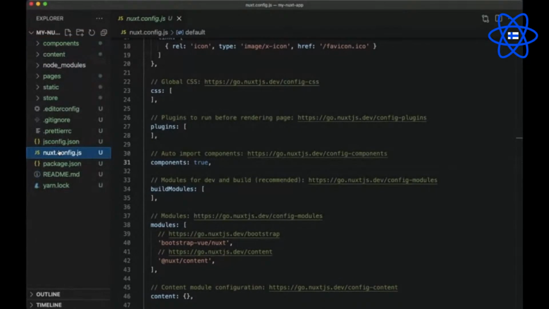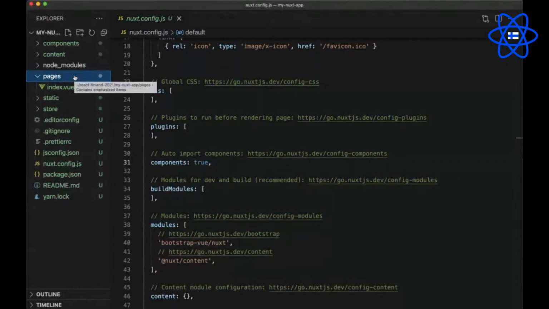Now that we know what's in our Nuxt config file, the second thing I recommend you do is familiarize yourself with the directory structure, because at the heart of Nuxt, we have this file-based routing system. That means any Vue file we create in the pages directory will become a web page. And surrounding this file-based routing system, Nuxt offers custom features like plugins, modules, server middleware, and more to help us extend and customize Nuxt as per the requirement.